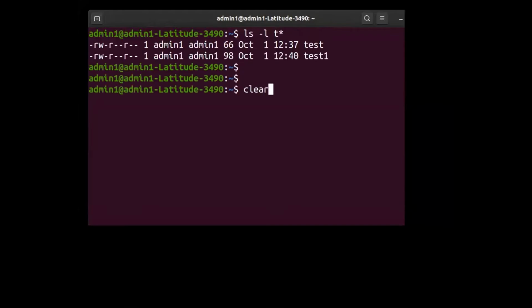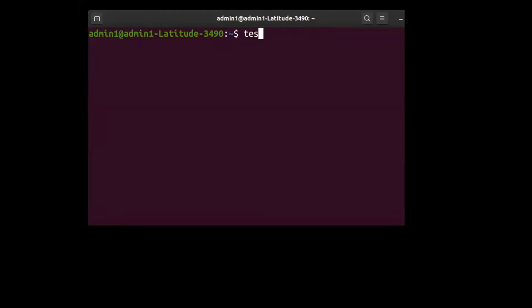I have test and test1. So what I'm going to do is create a file called test2. If you create this file test2 using the cat command, you know that the moment you press enter, the OS is waiting for you to type something. So let us type line 1, line 2 and press Ctrl D. I'm not teaching you anything new, just recollecting how to create a file using cat.